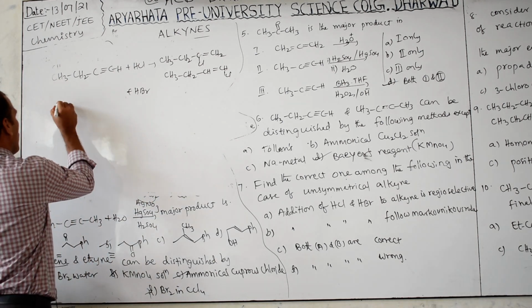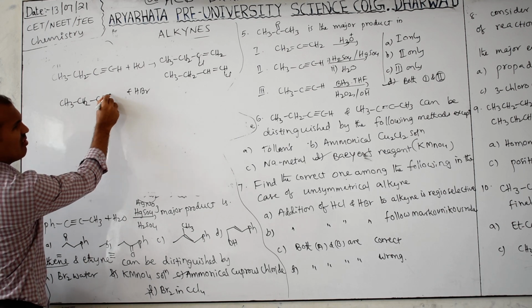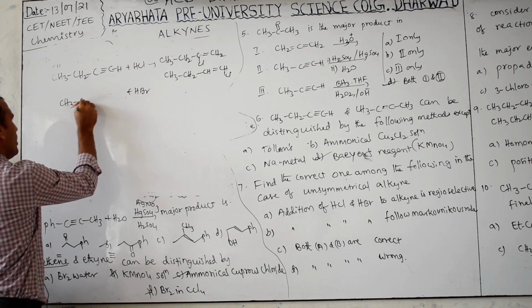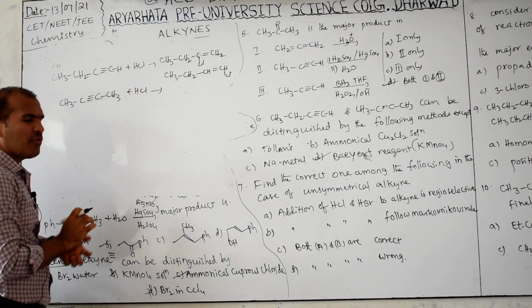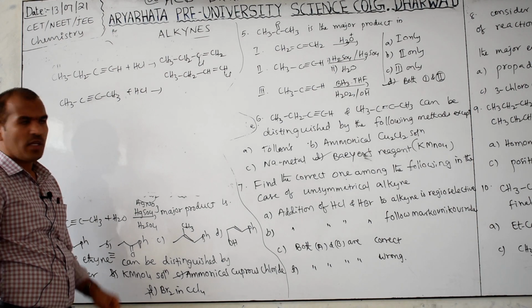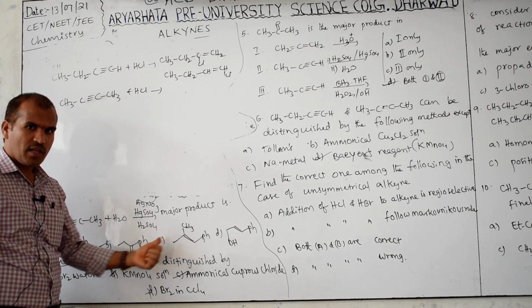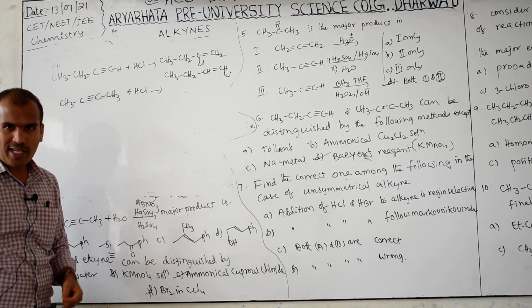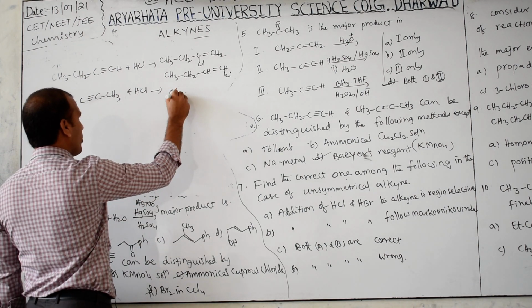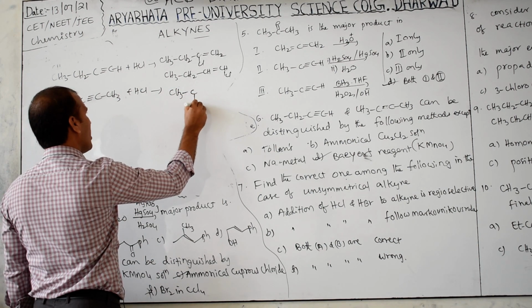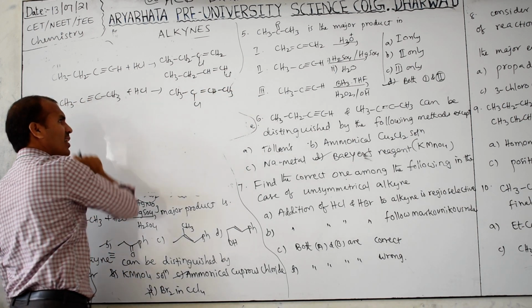Same, I want to write this: CH3 C triple bond C CH3. Otherwise take this one, Cl only. Now Cl is added to which side? This side also CH3 is there, this side also CH3 is there. In the previous case, phenyl is there, meaning the benzene stabilizes the carbocation. Here both are the same, stabilized. Adding to any one side, meaning what is that? CH3 Cl double bond CH CH3. This side added H, this side added Cl.